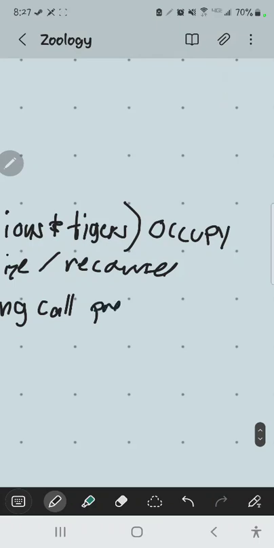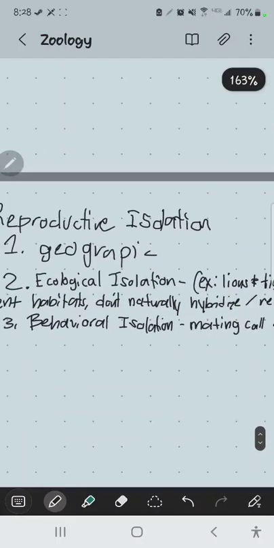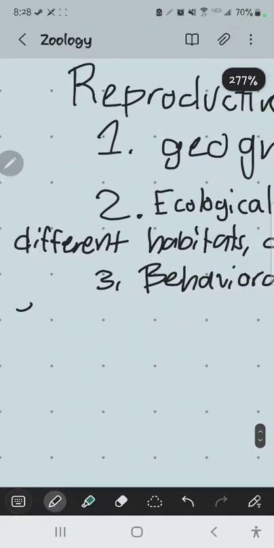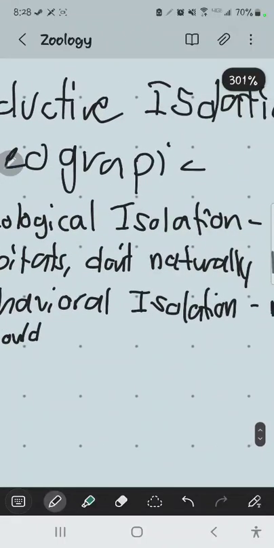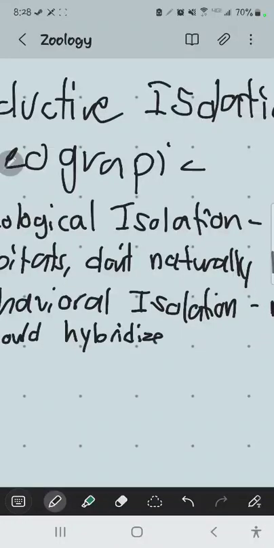The frog populations develop independent songs or different mating calls, such that when they come back together again, the call does not attract members of another species, or at least not as readily. So it prevents hybridization. So this example would be like mating calls, or song, or plumage or colors,